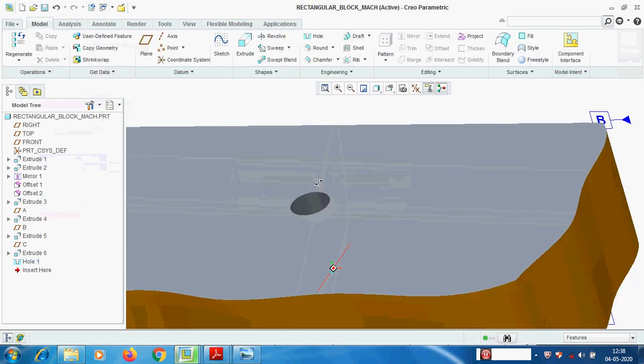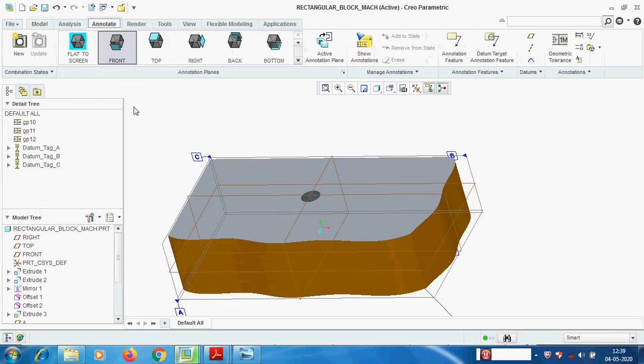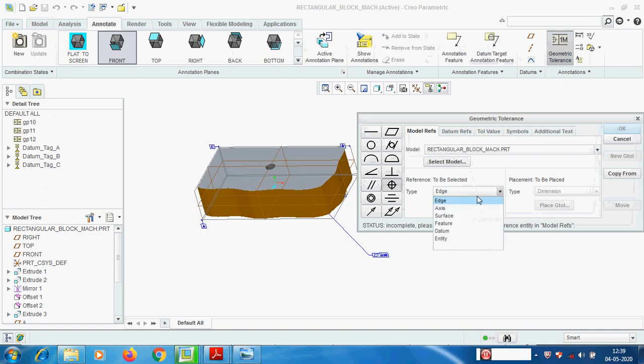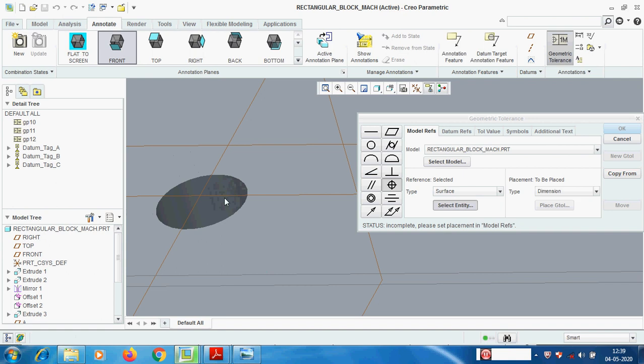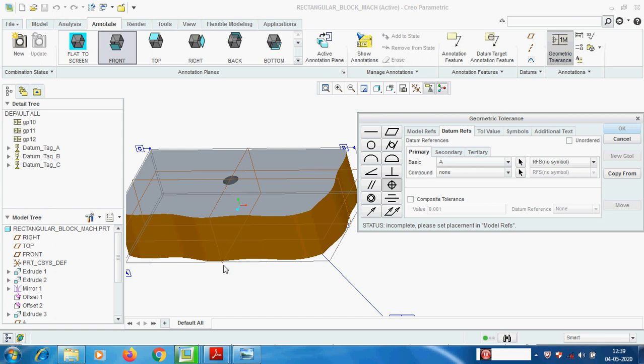Now I am going to assign position tolerance to this. Annotate here. For a hole we always use position tolerance. Next, the same model, the surface must be a cylindrical surface. Then datum reference, here we need to rest on A, B and C for reference position. We have to rest the workpiece on A and we need to locate the drill bit from B and C. So we need to refer to all A, B and C.